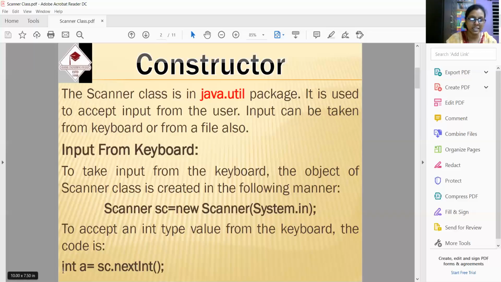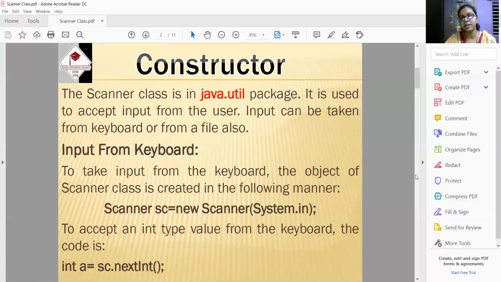Then I will write int a = sc.nextInt, which is typically the same as scanf %d &a. Similarly, int a = sc.nextInt: what I have taken via the keyboard or input device has been stored using the nextInt method into the integer type variable a. So we must be precautious about that. When we are taking our value from the keyboard, it should be of integer type, so that via the nextInt method it can be stored within int, otherwise not.